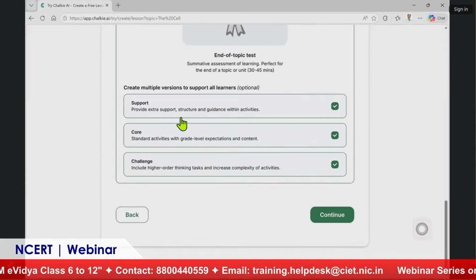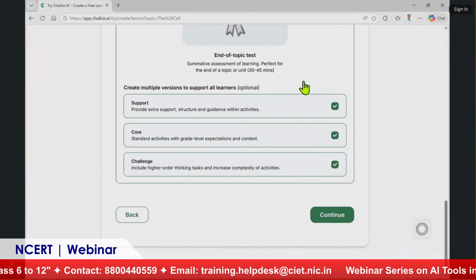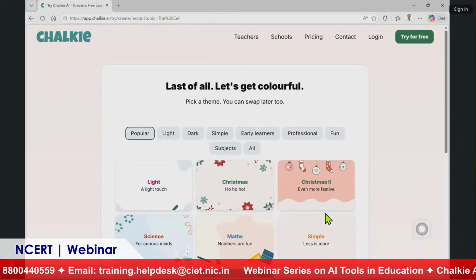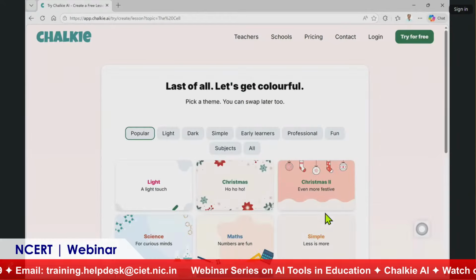Once you have enabled the relevant options, you can just click continue and see. Then again we get